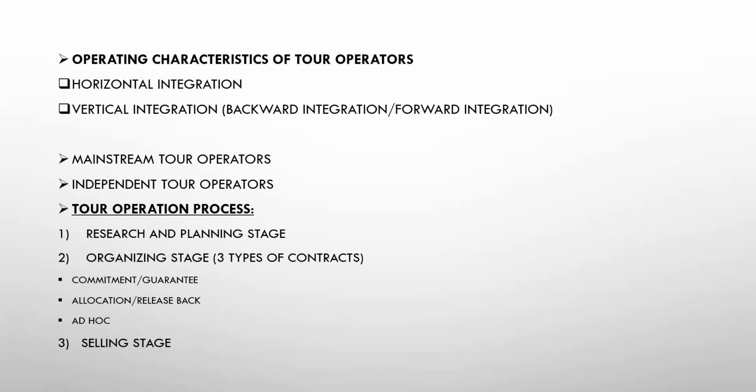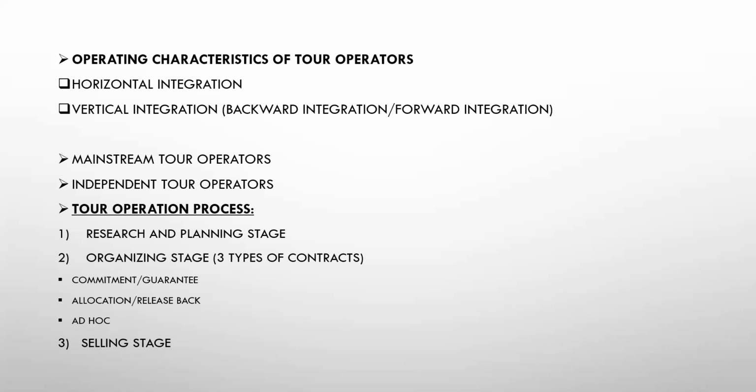Now, horizontal integration means principals with principals, tour operators with tour operators, and so on. Horizontal integration is a situation when companies join together. The main goal when joining together is for the industry to grow, to make the business bigger, to remove the competition, and to increase economies of scale.